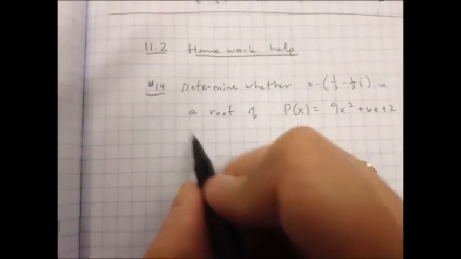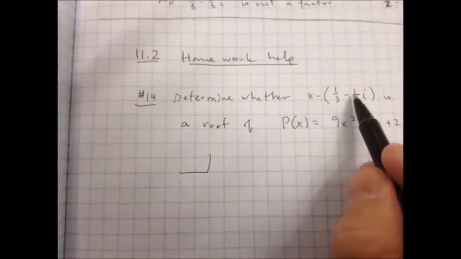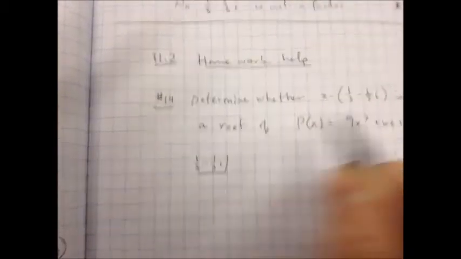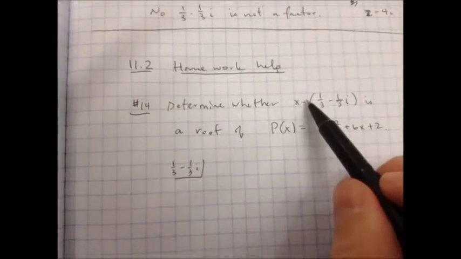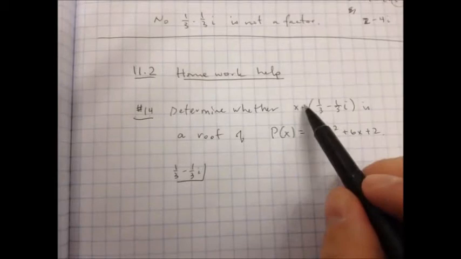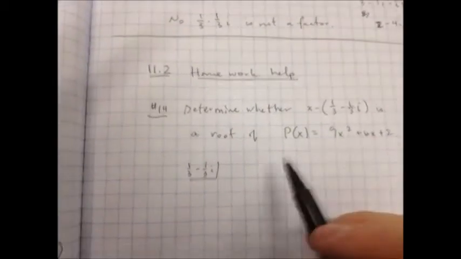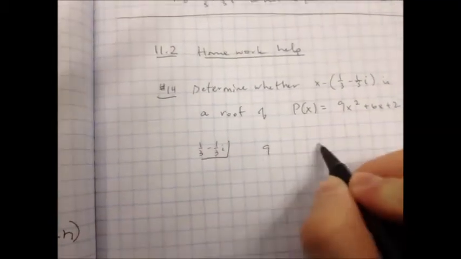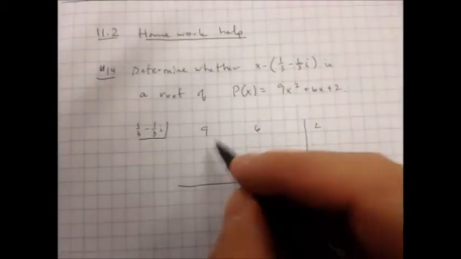Okay, so what I do is I put it up in my box. Well, notice this is in parentheses, so it's minus that. So we just leave it as 1/3 minus 1/3 i, because that right there is minus all of that, so we change the sign, which would end up this being all positive. Since it's already in parentheses, we leave it like that. So then, I take my coefficients, 9, 6, and 2, and then I bring down the 9,